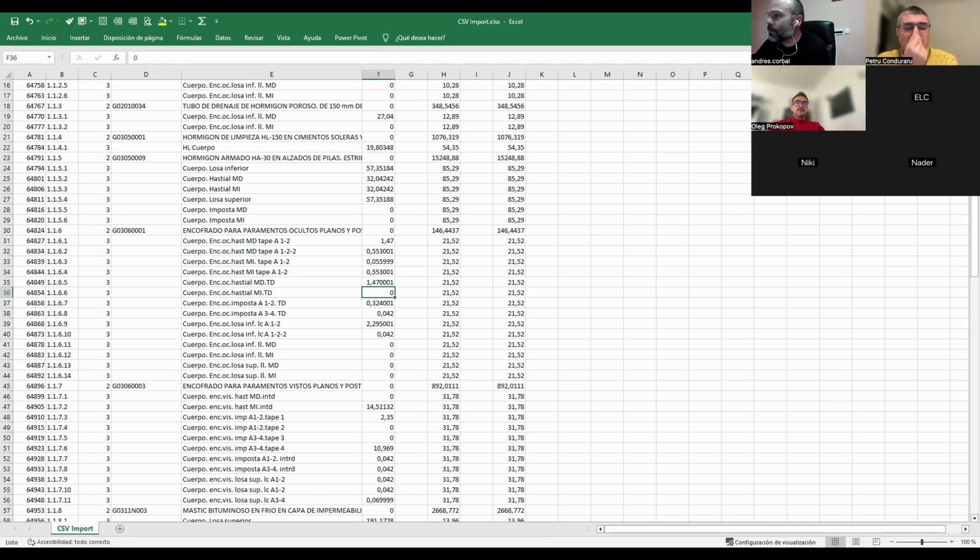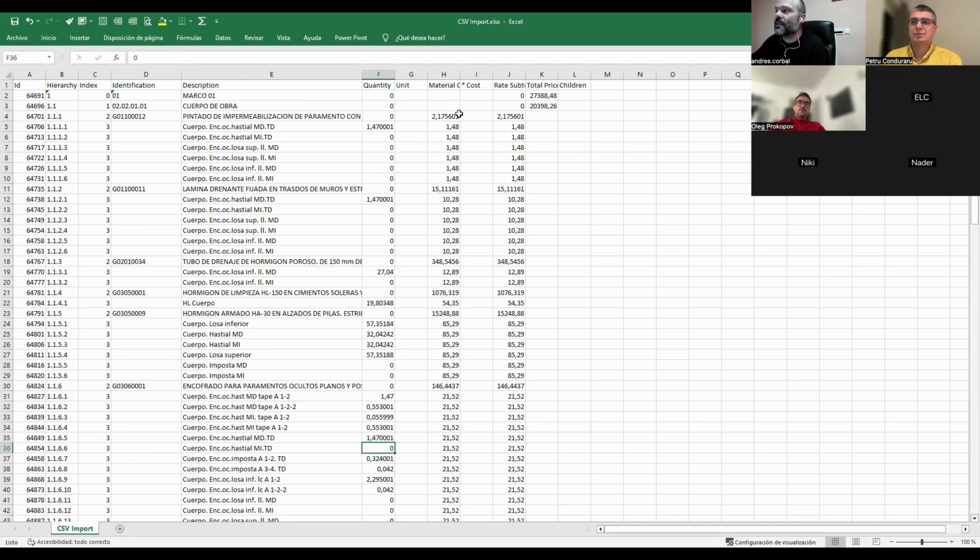Let me show you the original file, with the queries and the structure. This is the original file, and here you have to use the names of the objects in the IFC file to call them. When you have the objects, you put them into Bonsai, and it gives you this in return.